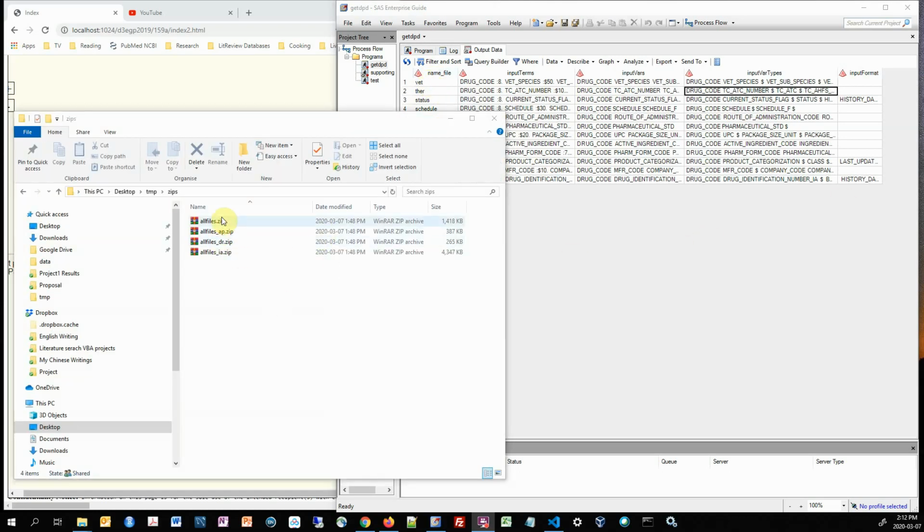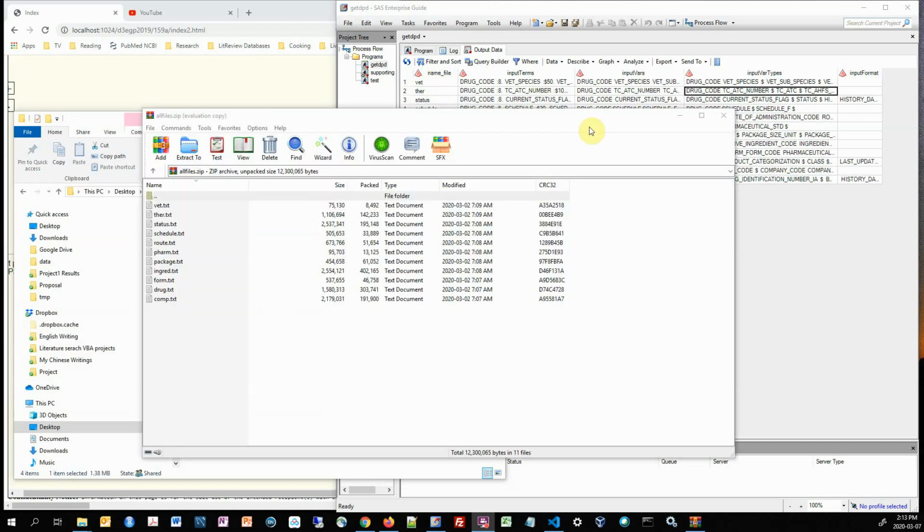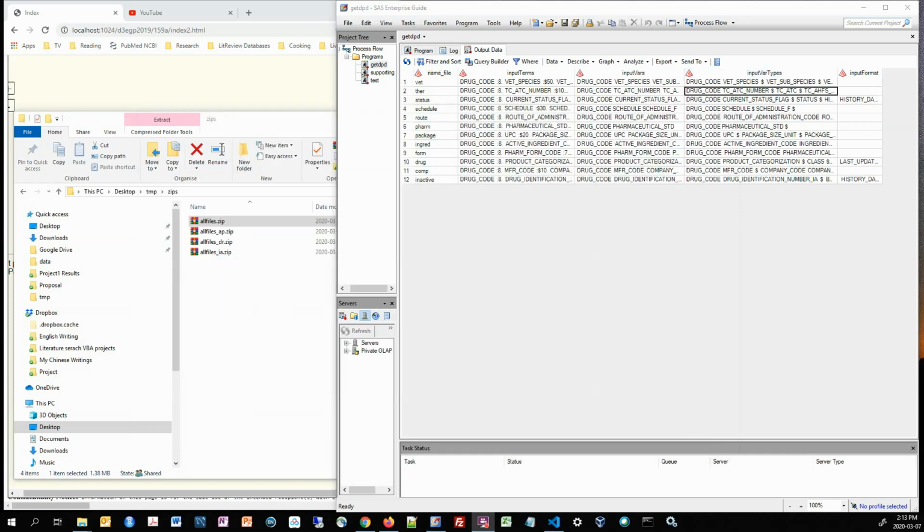To recap, we have these downloaded zips, and within each zip there are files. But the files in the zips are like this. These are the files. And basically this part is going to list all the files that could be included in these zips. And the second one is